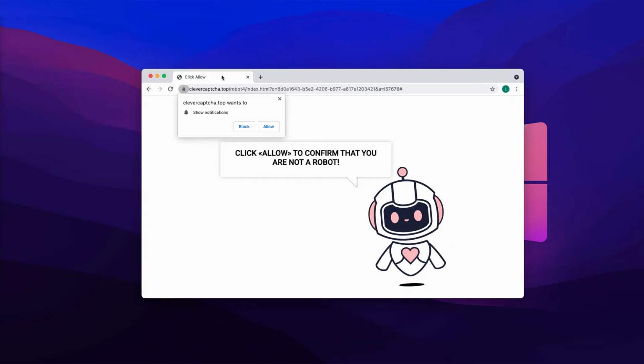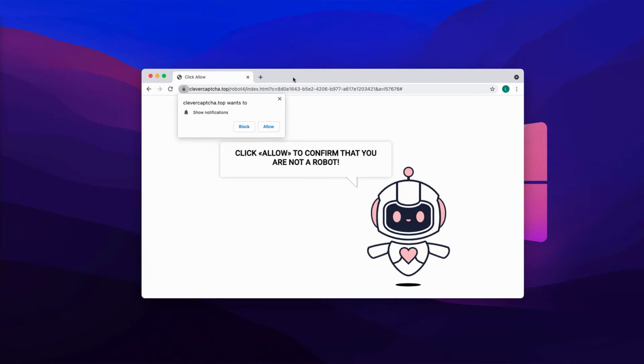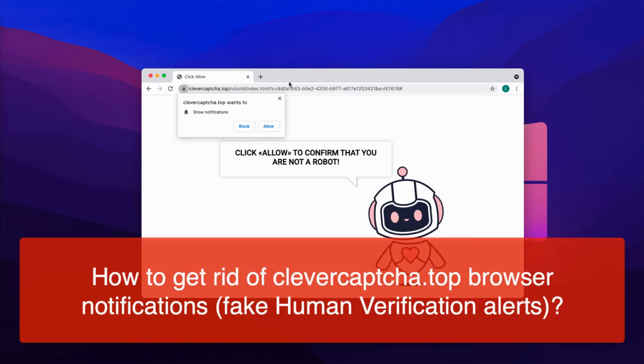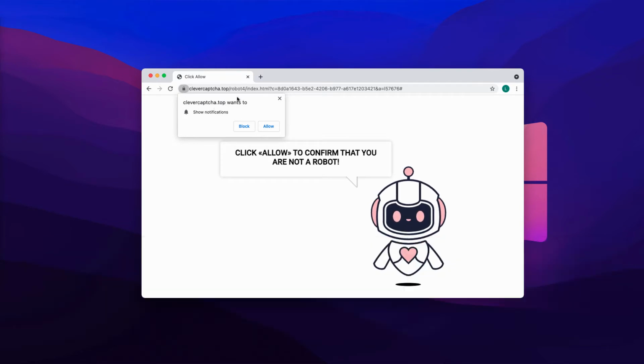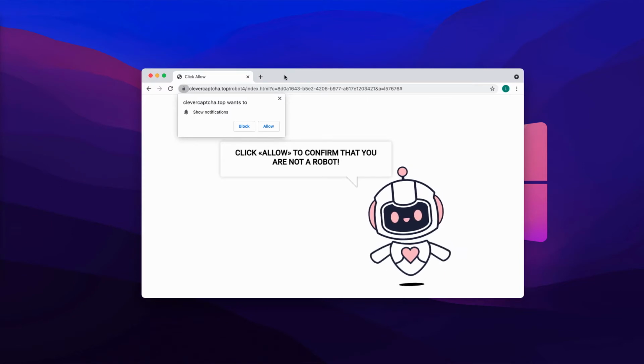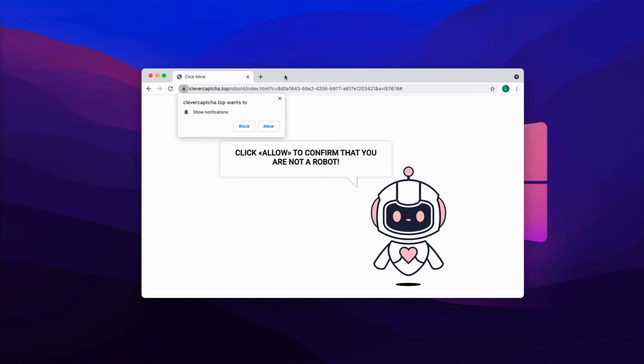My video guide will provide you with detailed recommendations to help you get rid of the browser notifications coming from the site Clevercaptcha.top. In fact, this is a fake human verification alert that tells you to click on the Allow button to